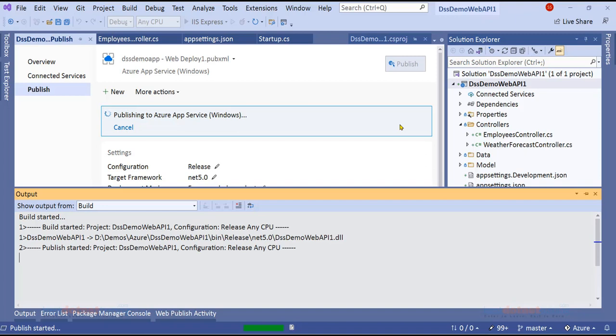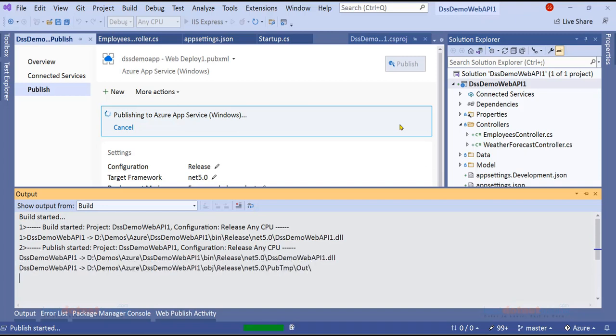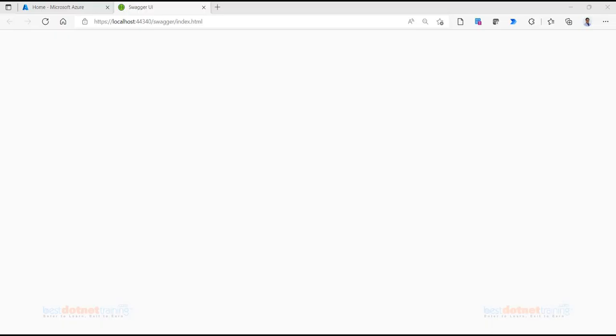My machine doesn't even have a public IP. So there is no chance of any connectivity between the app service and my local machine. That is where I'm going to make use of the relay. So I now go to the portal,